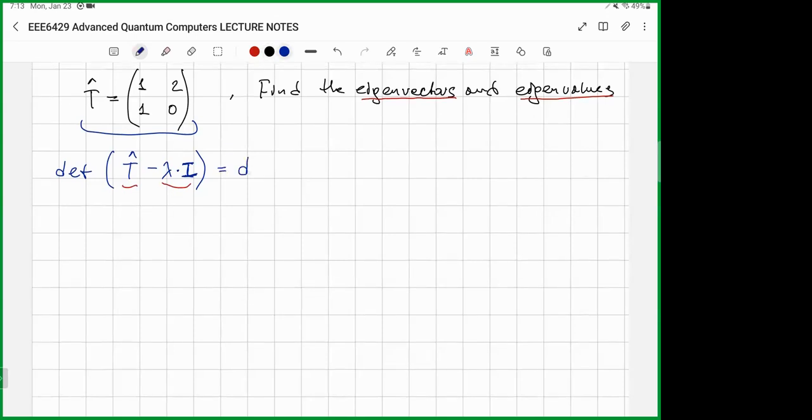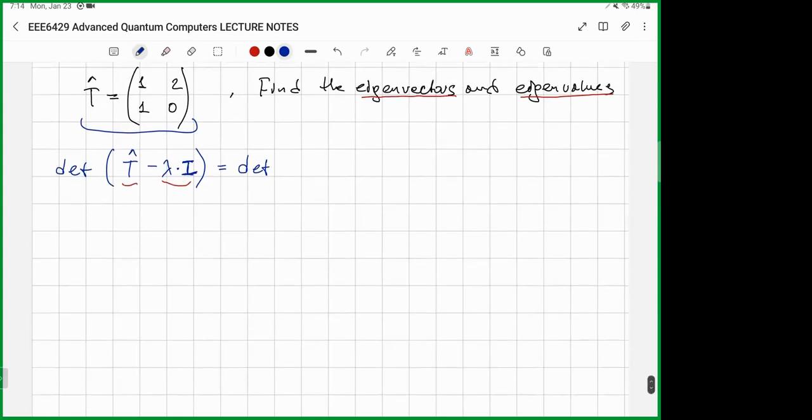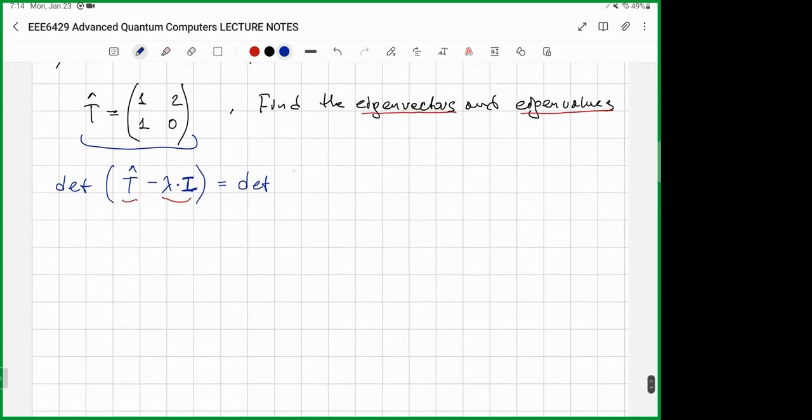Okay, so it's equal to the determinant of what? Matrix 1, 2, 1, 0. So this is the T matrix. And now I have to subtract alpha times the identity matrix. The identity matrix has elements 1 on the diagonal, right? So this second term won't change the off-diagonal elements, but the diagonal elements get this minus alpha here, and